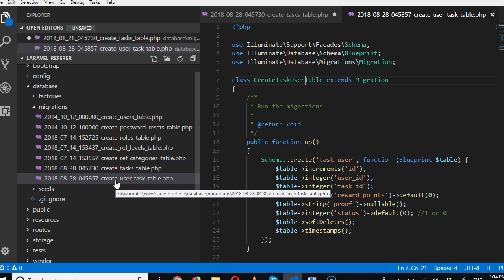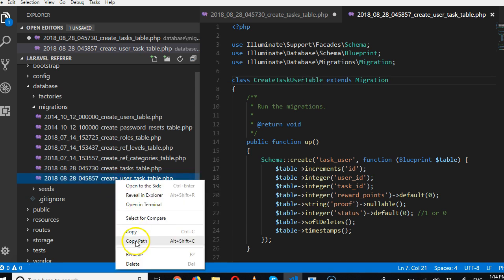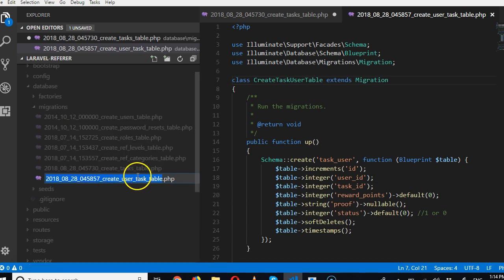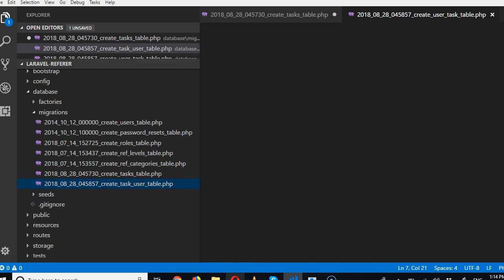Instead of create user task, we'll say create task user. So click here. So we are basically essentially correcting the mistake we made the other time. Hit enter, and